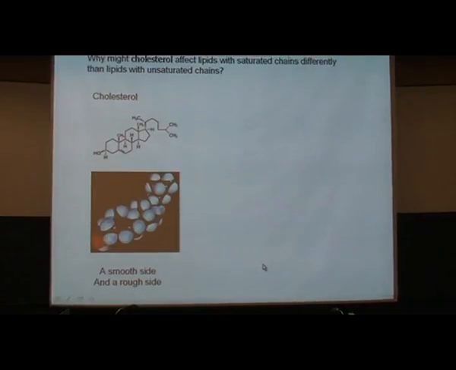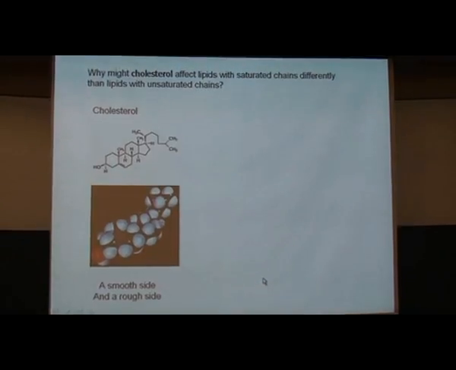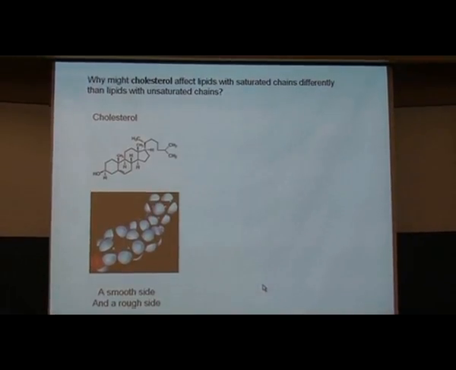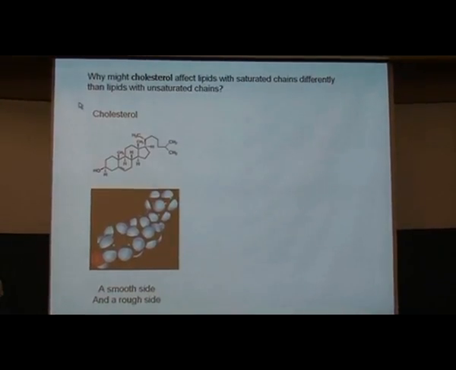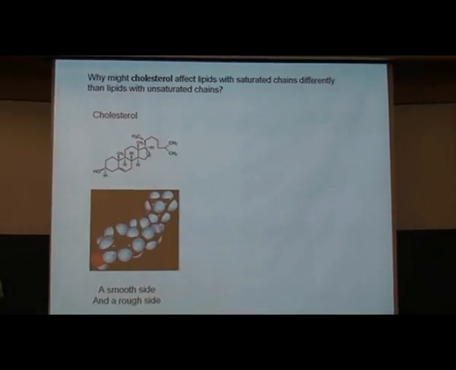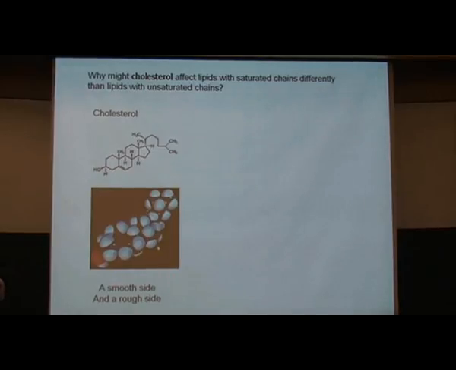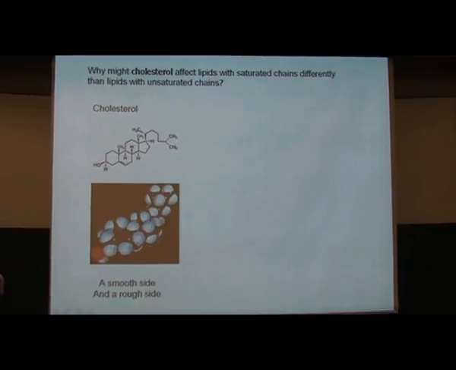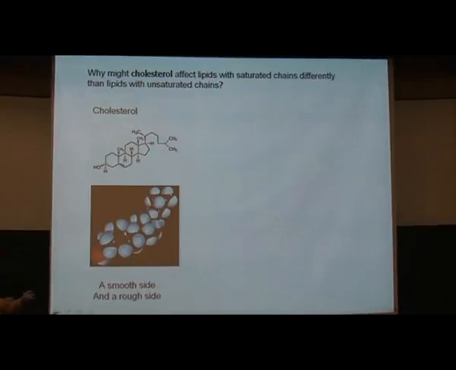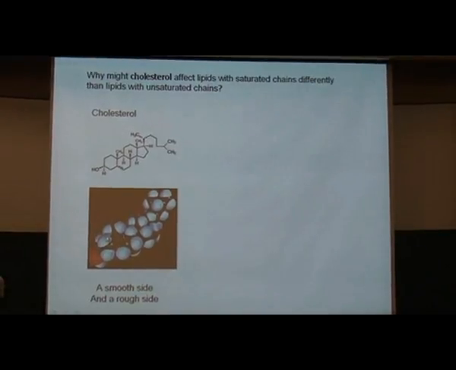Okay, so now the speculation slide. Actually, some of this is well-known speculation in the literature. In fact, most of it is. So the cholesterol looks like this, but if you make a molecular model of it, this is not a very good one, I'm afraid, there's a smooth side over here, and on this side you've got these CH3 groups sticking out, forming kind of bumps. It's not very dramatic. You don't see it well here, but it's the picture.